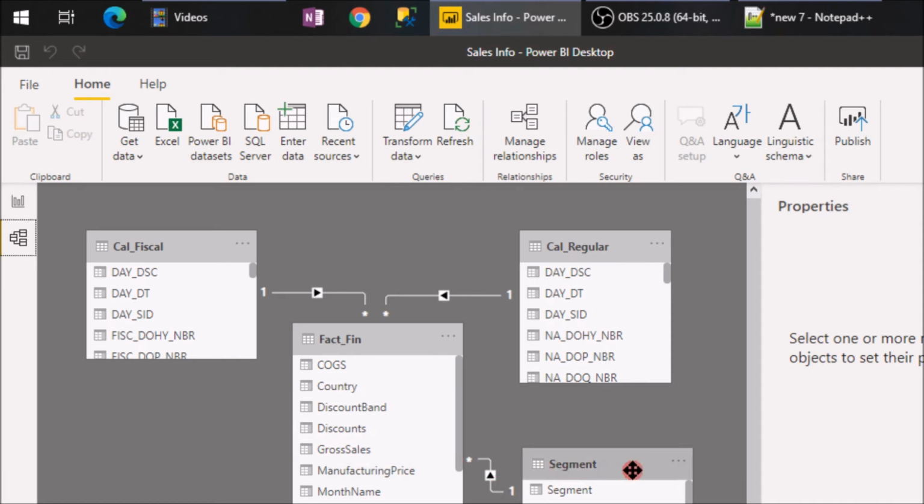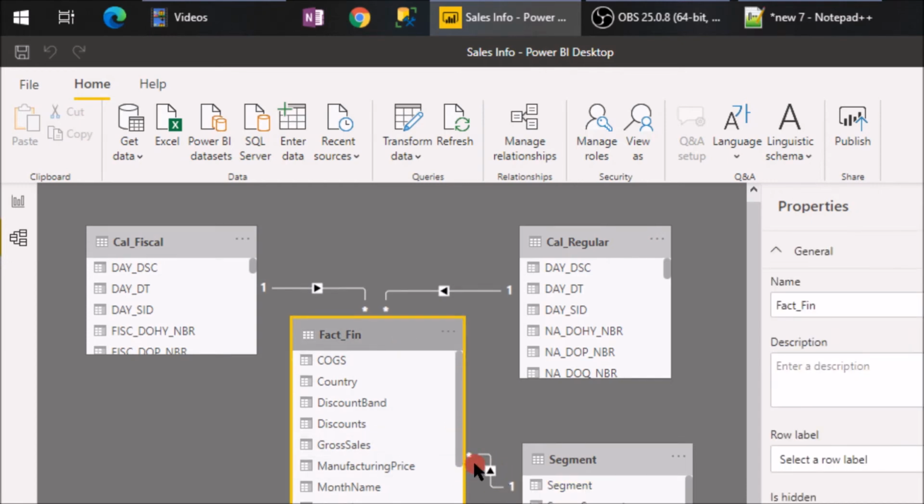The reason being, this star denotes n and this is 1. So when you qualify a query as the n side, it automatically denotes that it is the fact. The one side is a dimension. But here what we are trying to do is create a measure like a fact inside a dimension.